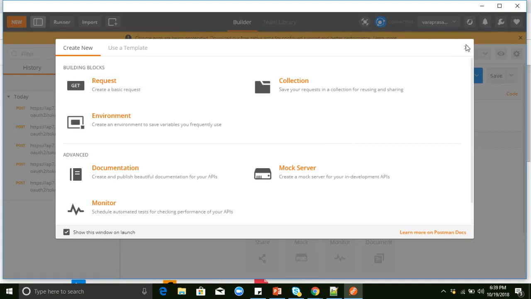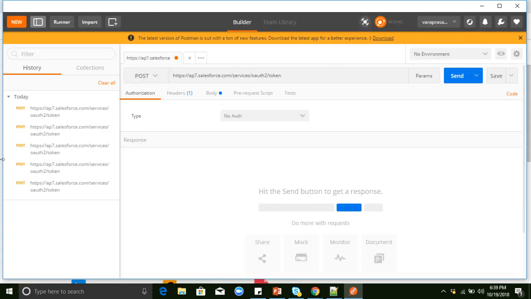Okay, this is the Postman tool here, and it is nothing but a REST client API. Here, using these methods, we can test. First, we will connect to Salesforce, and then we will see what happens. For example, if you want to connect to our Salesforce, what do we need to do here?